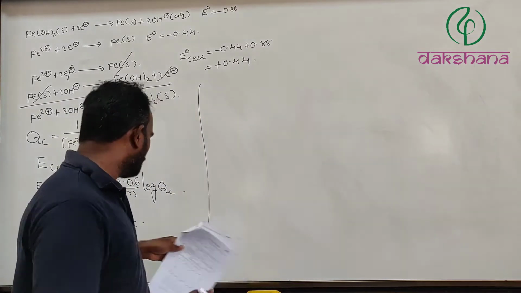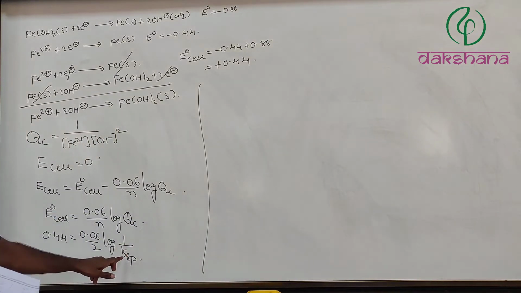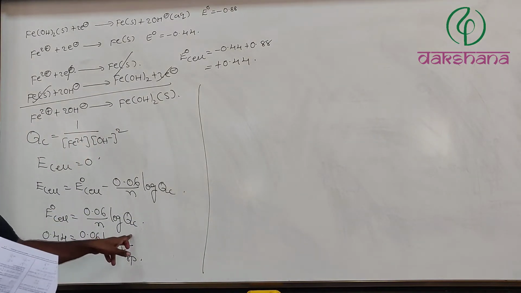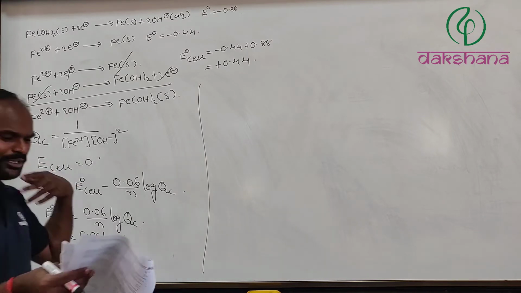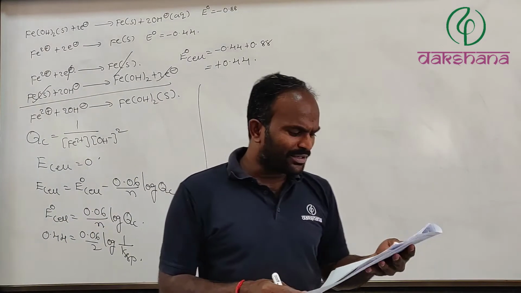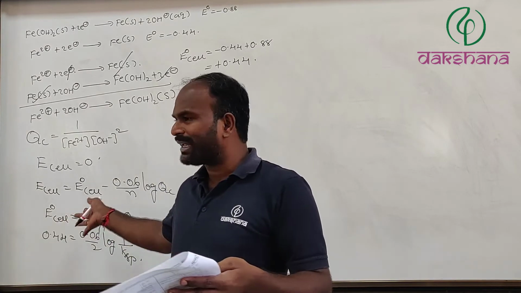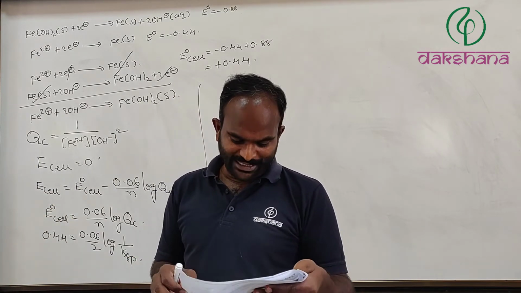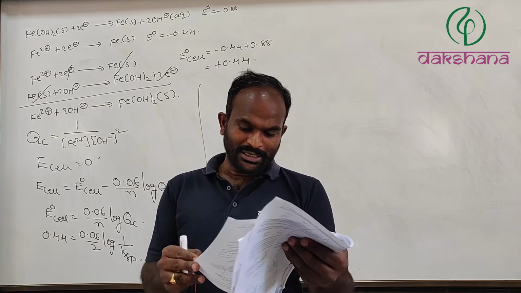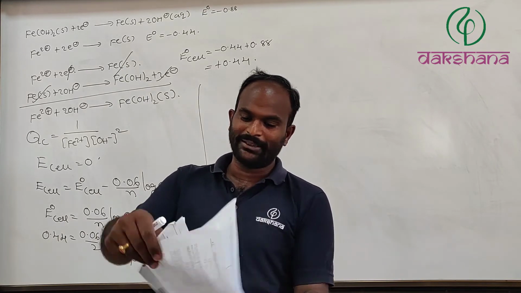Because a negative value will come, since log 1 divided by Ksp is always definitely negative, you will get your answer, because they are asking in terms of ln, but I have given in terms of the logarithm. You just divide by 2.303. So the calculation is left to you.